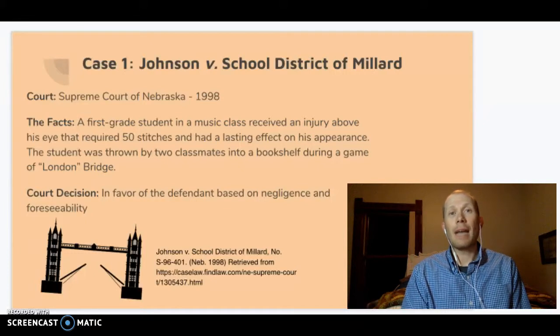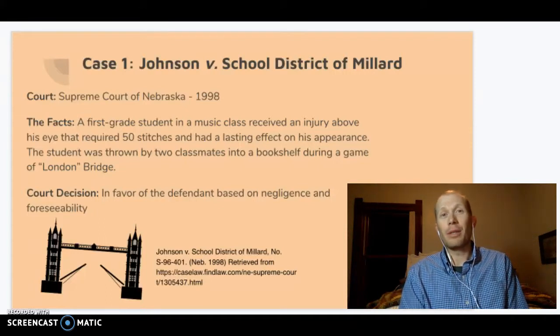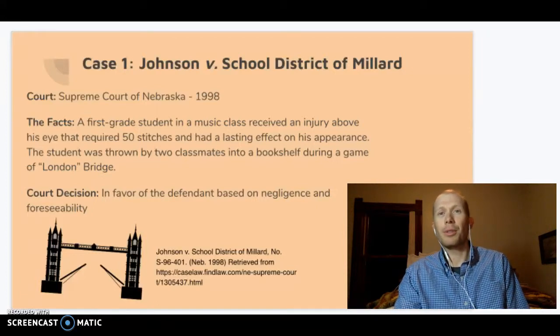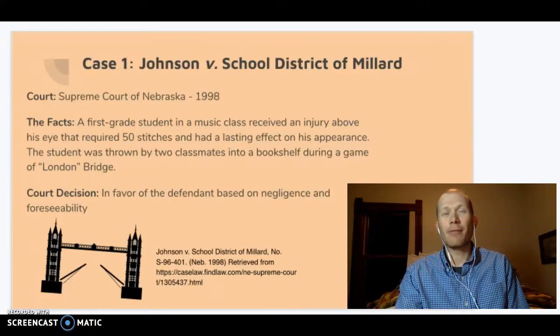If this happened in my school, there would be required trainings, a lot of them most likely, regarding negligence, of how this applies to in loco parentis and the standard of care, which you find in Essex. So I think that tort training in general is a good exercise for being proactive. A few years ago, we had an attorney come into our school and discuss some legal responsibilities with our staff. And when it comes to professional ethics, I find this one to be pretty straightforward. It's a teacher's moral and professional duty to monitor the actions of the students in situations that could be dangerous. In this case, the teacher was